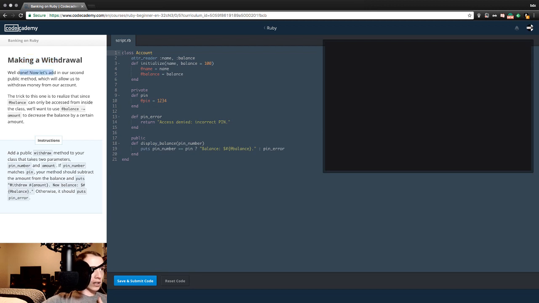Now let's add in our second public method, which will allow us to withdraw money from our account. The trick to this one is to realize that since @balance can only be accessed from inside the class, we'll want to use @balance -= amount to decrease the balance by a certain amount. Instructions: add a public withdraw method to your class that takes two parameters, pin number and amount. If the pin number matches the pin, your method should subtract the amount from the balance and puts "Withdrew #{amount}. New balance: $#{@balance}." Otherwise, it should puts pin